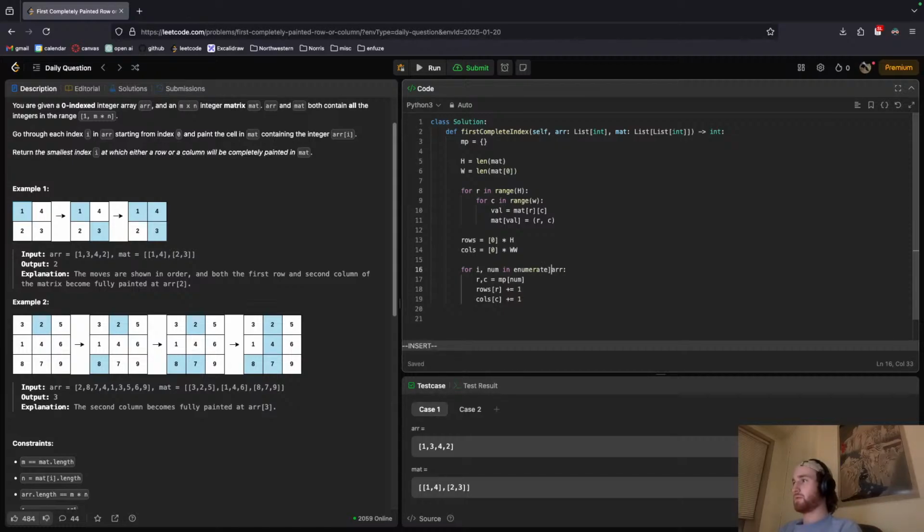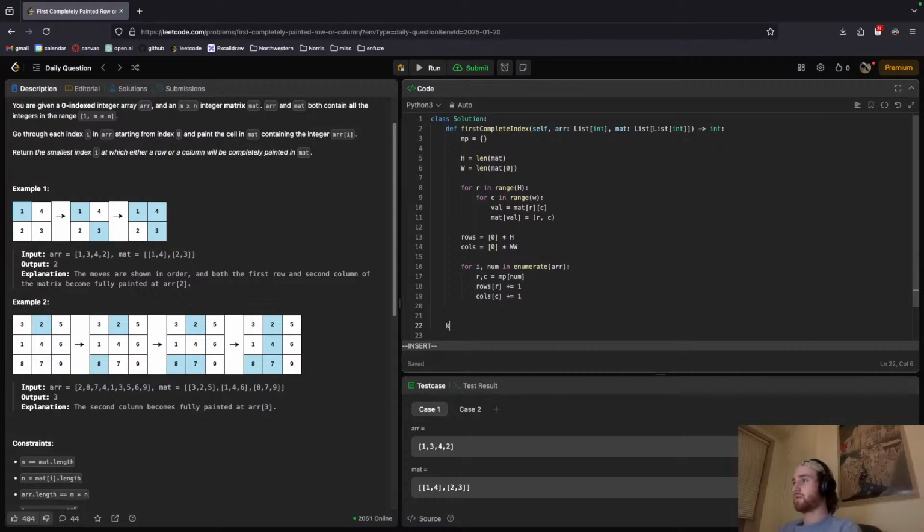Yeah, we'll be returning this, so we do need the index. And then if rows at the row is equal to the height, or columns at C is equal to the width,